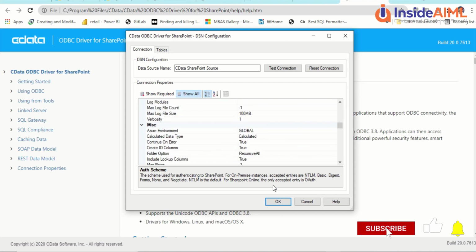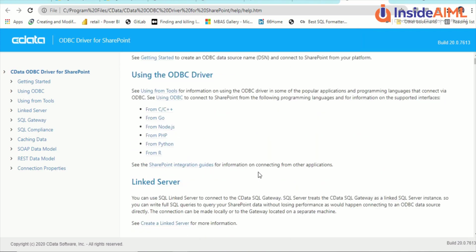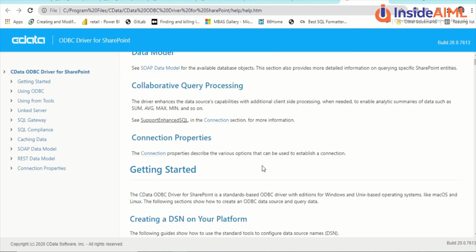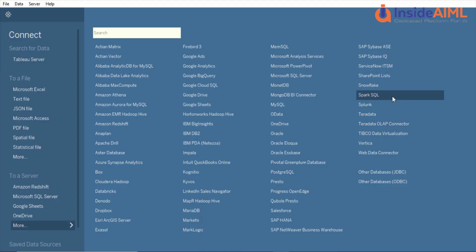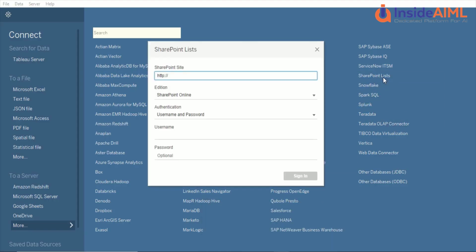Okay, right now what I'm doing is just clicking OK on these properties. There are certain things which it's asking here, and there are details which it's giving, and we will see if we do need to fill in those. So I'm going to click on SharePoint list again. And now the good thing is that it's asking for the SharePoint site, SharePoint Online username and password for authentication. And I think now we are ready to go.